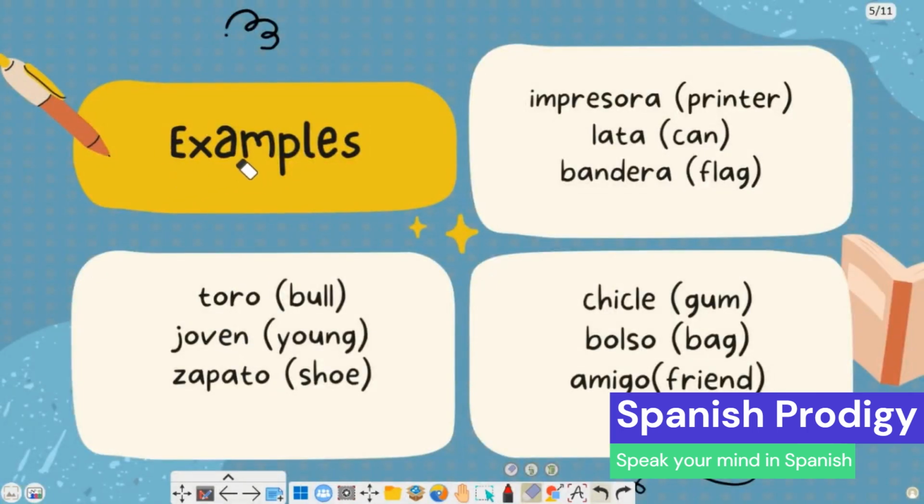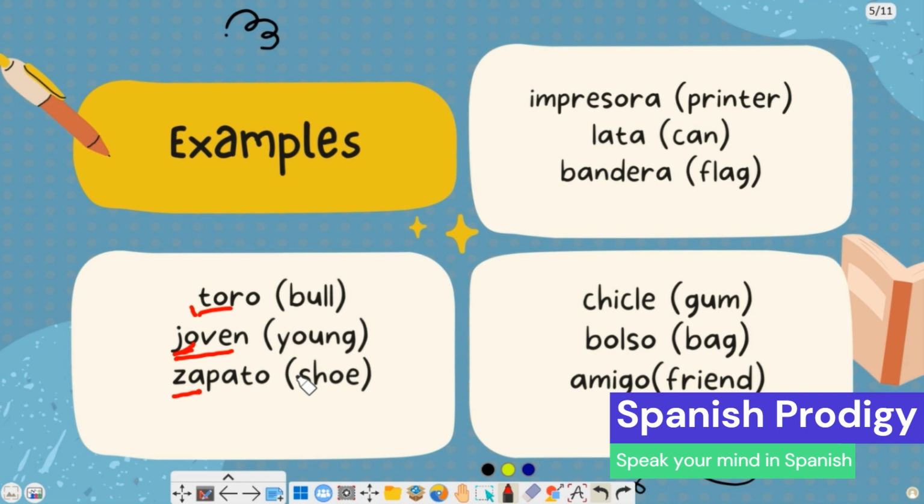Here are some examples for the first category. Here the word is toro, meaning bull. When I am saying toro, the stress is placed on this part, the second to last part of the word. And then joven, joven means young. The stress is placed on the second to last part here again. And then zapato, zapato. The stress is placed here, which is again the second to last part of the word,